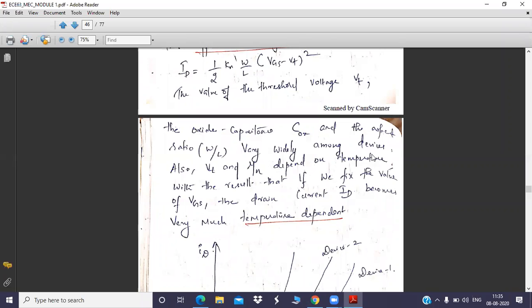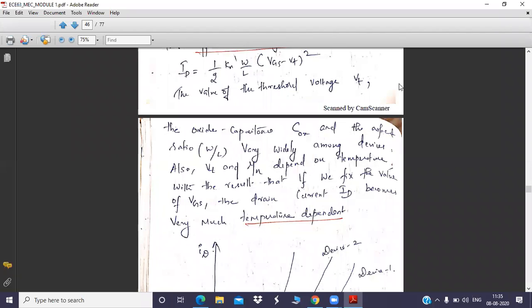ID varies with large value, sir. Yes, it will vary with respect to temperature. ID will vary, so you are supposed to fix this ID. Even though some external changes happen, ID should not change. If ID changes, the coordinate value gets changed. Assume the Q point is a point in a two-dimensional graph, with an X coordinate and a Y coordinate. If anything changes, the Q point will shift towards the triode region, which is not at all acceptable for our region of operation.